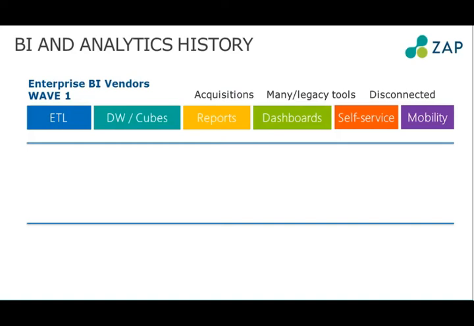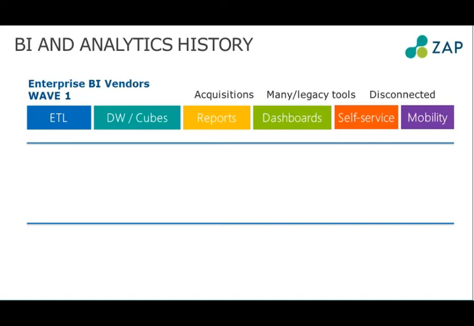And possibly, except for on a very limited number of occasions, probably not the ideal BI solutions for Dynamics, even though now that AX and CRM are pushing up into the enterprise, many of the enterprise customers that are buying Microsoft products around ERP and CRM have one of those enterprise BI vendor from Wave 1 solutions. We're starting to see a lot of those being replaced. And in fact, ourselves at Zap are replacing a lot of solutions that were once seen as the premier solutions in BI globally.